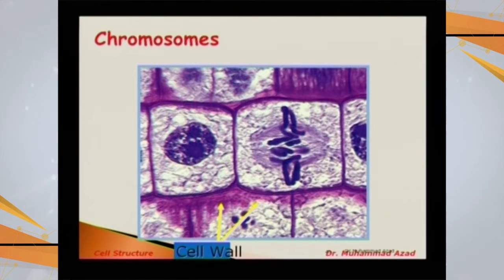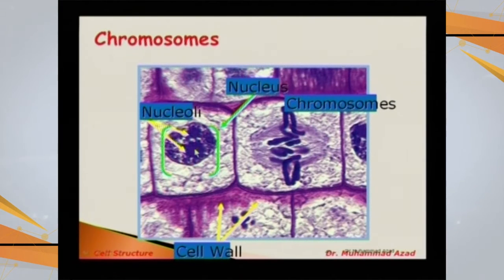So this is the outer boundary, the cell wall of a plant cell, and this is the nucleus. This nucleus has a very clear boundary, and this cell is in the interphase, the non-dividing phase. If you look, the chromatin is in the diffuse form, and this is the darkly stained nucleolus which is visible. But once the cells enter the division phase, the chromatin, the genetic material which was in the diffuse form, is going to coil and recoil to take the form of these thread-like structures, and these thread-like structures are called chromosomes.